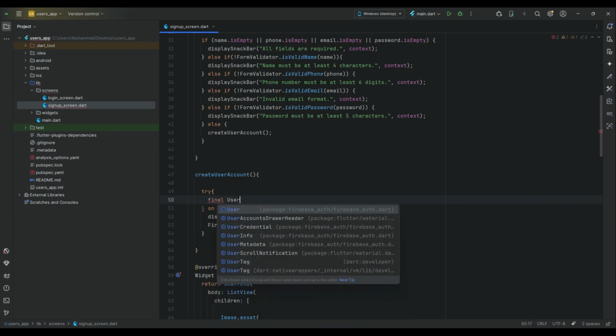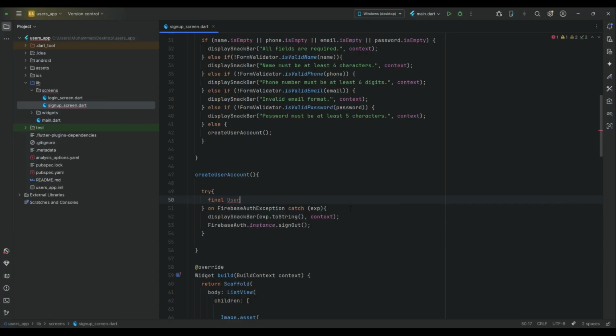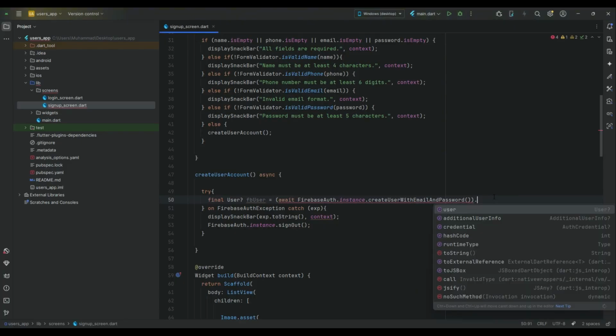So we can say user, Firebase user, and it will be an asynchronous function, as we have to wait for the response, whether the user is authenticated or not with Firebase authentication. So we say FirebaseAuth.instance.createUserWithEmailAndPassword, and you have to pass these two parameters to it. Here make sure to add .user,